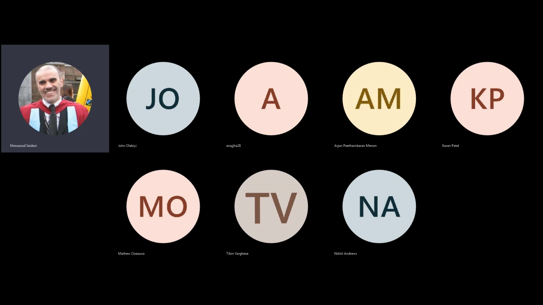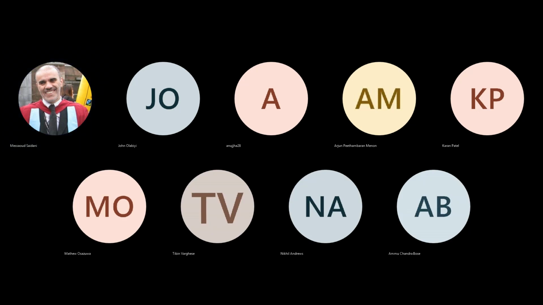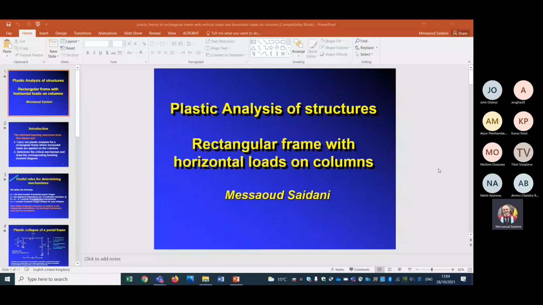What I'm planning to do today, for this session, is one final example of a rectangular frame where we have loads on both the columns and the beams, because I don't think we have done any example like that. So I wanted to finish this hour with this example, and then next week we start afresh with a completely new topic. So it's a tutorial question that we are covering now,